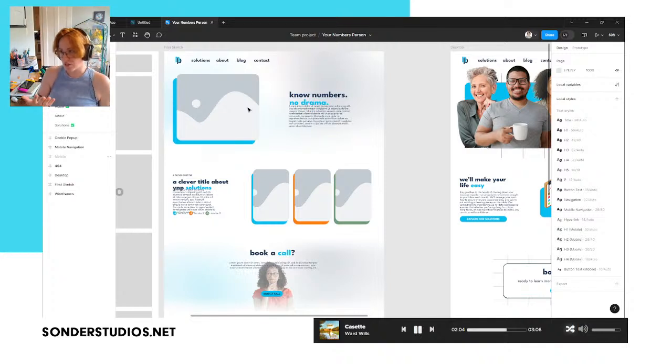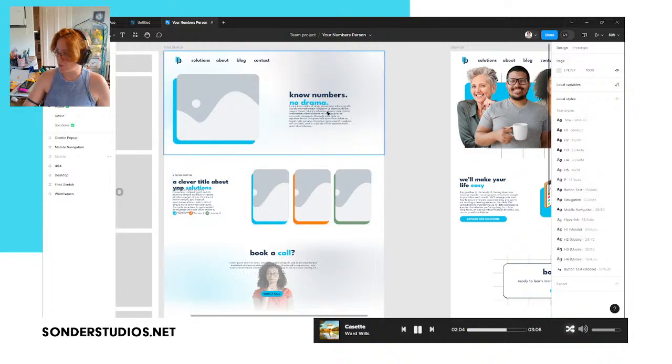Do we want the content specialist to be comfortable knowing this is how much room I have to explain my message? Or do we want the designer to have a little bit more direction saying this is how much content I have to accommodate for? For this particular client, we decided to go lo-fi first, and then we passed that off to the content specialist so that she could write in all of these different lorem ipsum blocks.